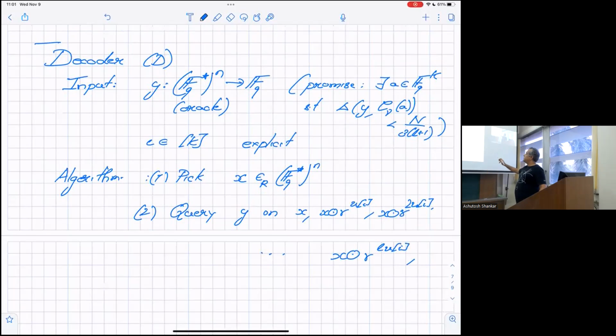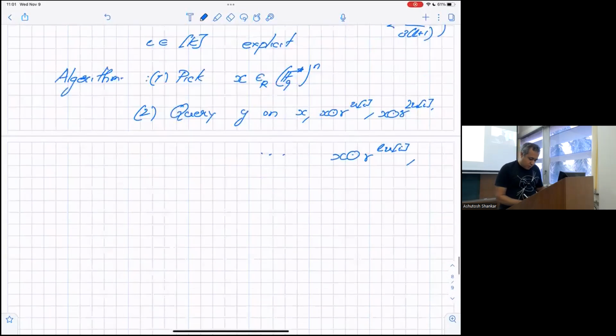These L plus 1 points. Notice each one of them is random, since γ is this one, and therefore multiplying by x is random. And what will you have to do? You just output